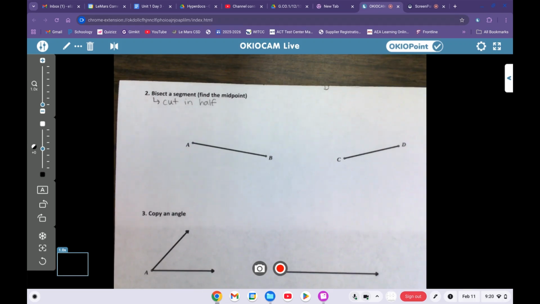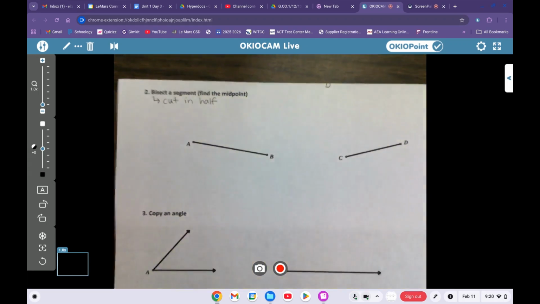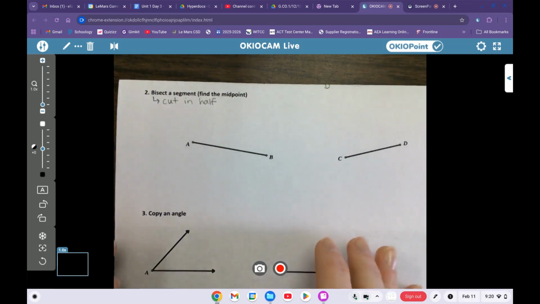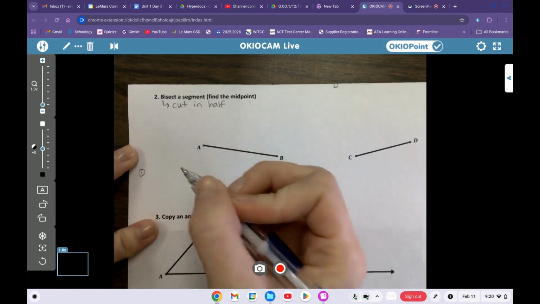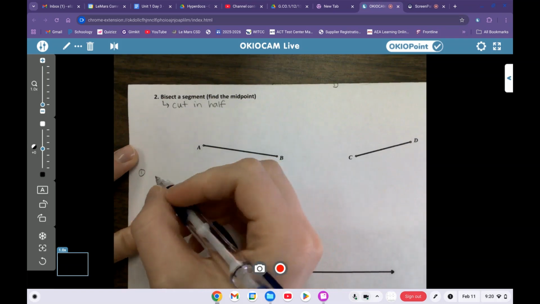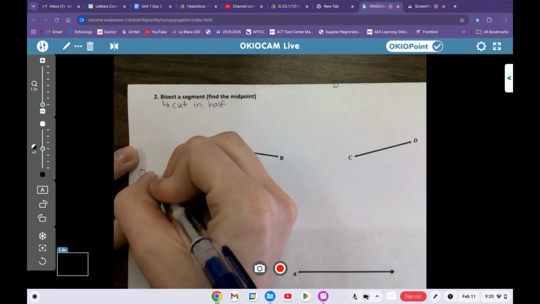Now, when we do this, we don't want to assume, we don't want to guess where we think the middle is. We want to use our constructions to help us find the exact middle here, okay? So in order to do this, there's a couple of steps that you could maybe follow in order to help you do this. I'm going to write out the steps off to the side so that if you want to come back and look at these on your own, you can have some steps to go off of. So I'm going to write them underneath here. The first step when you're doing a bisector is you're going to use your compass. You're going to measure